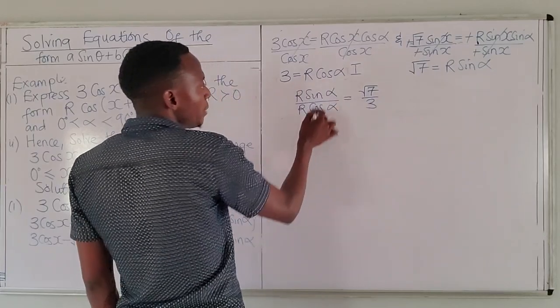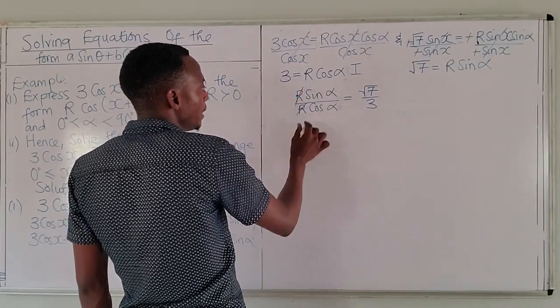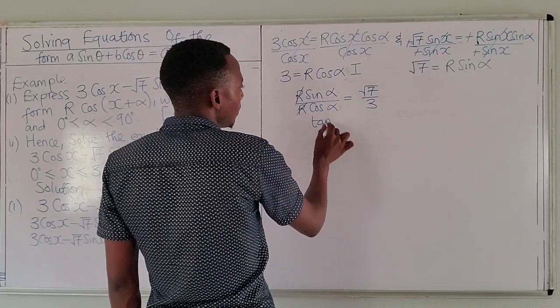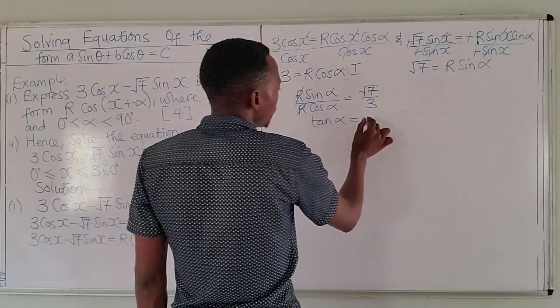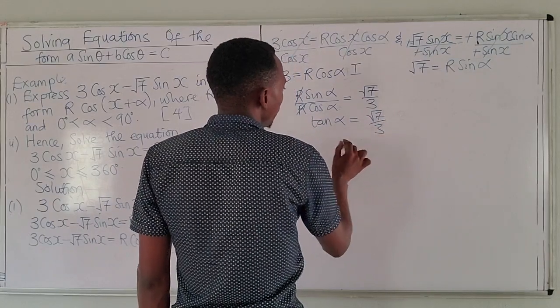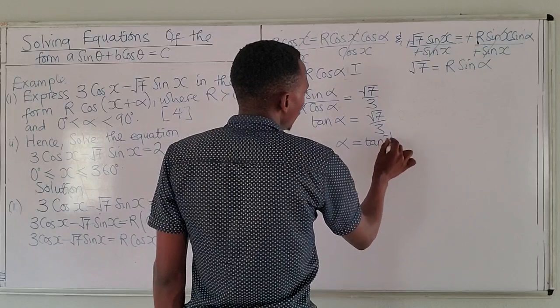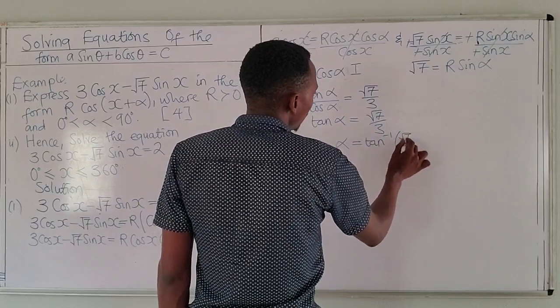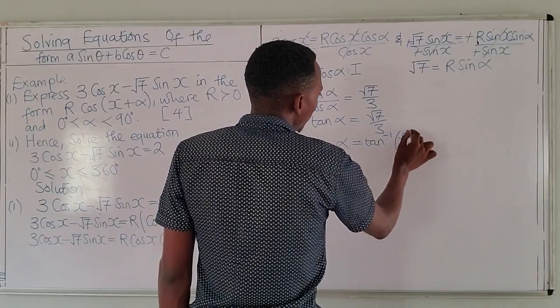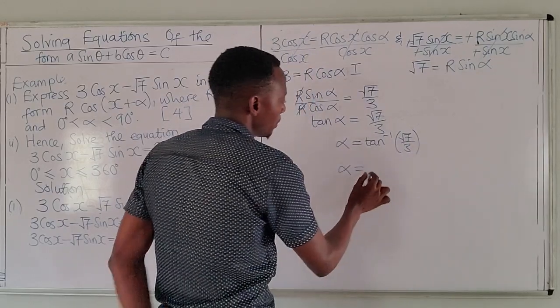The idea here is to make tan, because this is the tan function identity. So tan alpha is equal to square root of 17 over 3. So alpha will be equal to tan inverse of root of 17 over 3. Tan inverse of this, we are going to get